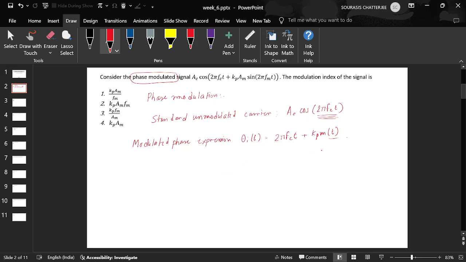So this is your modulated phase. And what is the phase modulated carrier? It has this expression: s(t) is equal to A_c cos theta_i(t), and we expand theta_i, so it is going to look something like this: cos 2 pi,